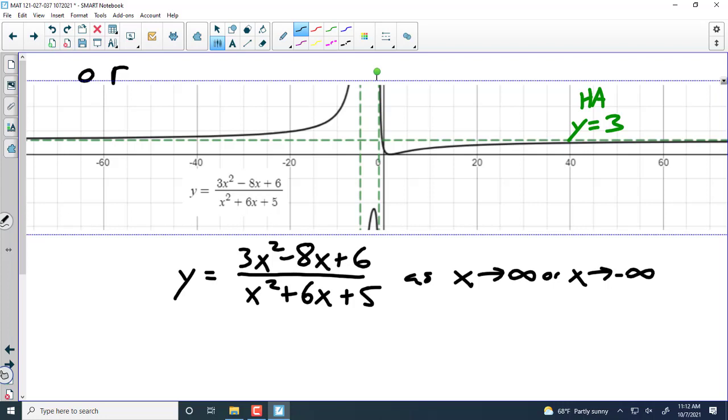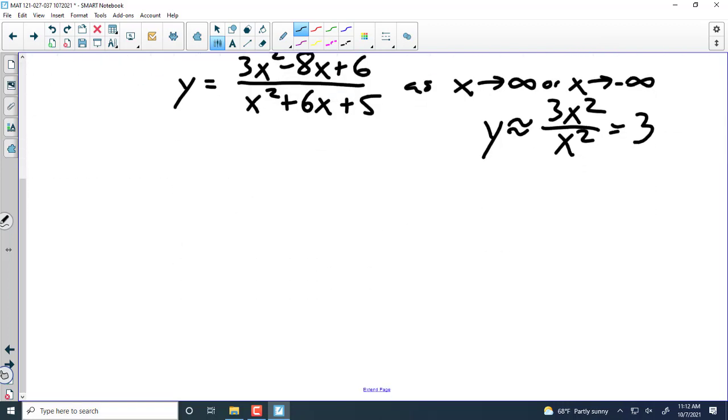So as we get bigger and bigger and bigger, this equation basically starts to look like this: 3x squared over x squared. Only the x squareds matter. If you cancel the x squareds, what does this equal? This thing just starts to look like the number 3. It gets closer and closer and closer to 3, the horizontal asymptote. Why? Because the x squareds take over, and since the x squared on the bottom can compete with the x squared on top, sure enough,